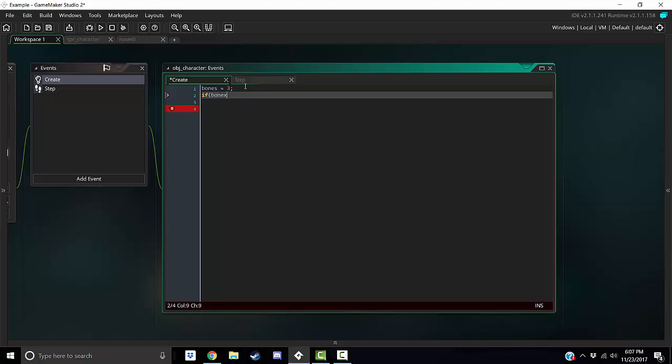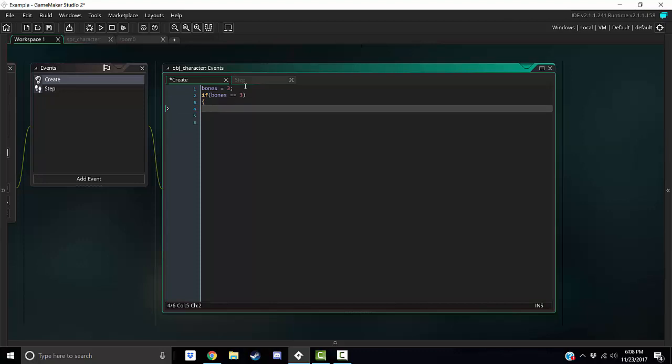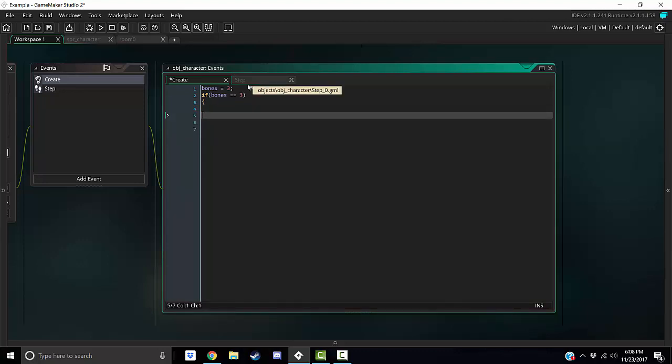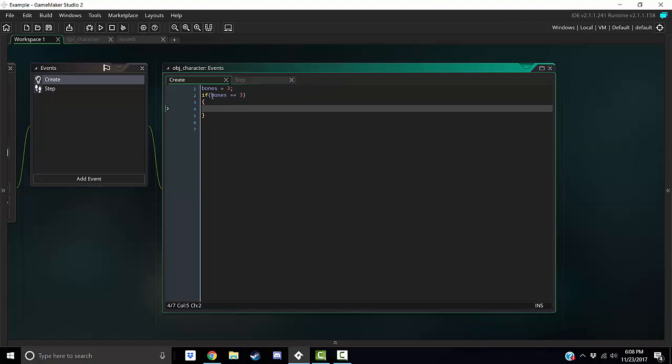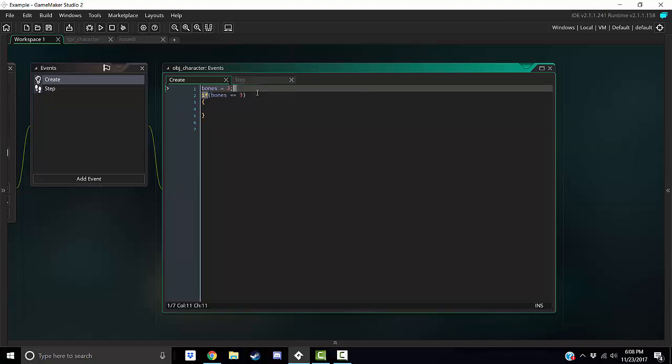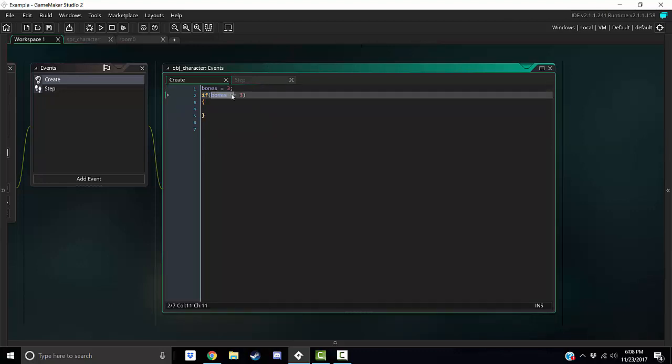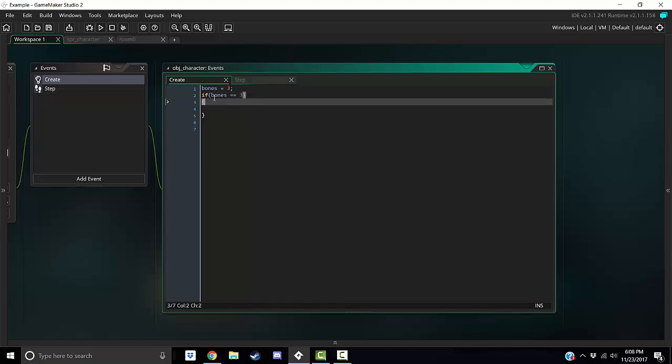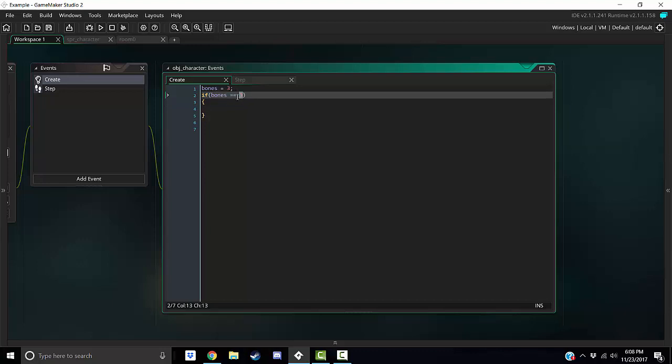So if bones is equal to 3, then it will do what's inside these brackets. So with if, you do if, then you use a parenthesis, then you use the name of the variable, and then you use what you want to check, and then you use the value or whatever you want to do. So if bones is equal to, you can check if it's equal to another variable